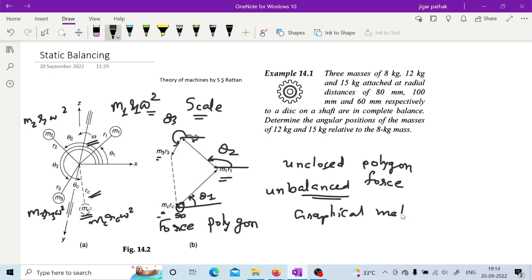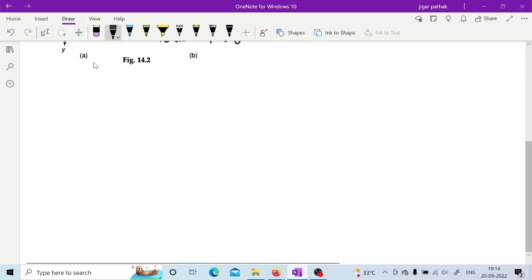There is an analytical method also. So if you want to go for the analytical method,